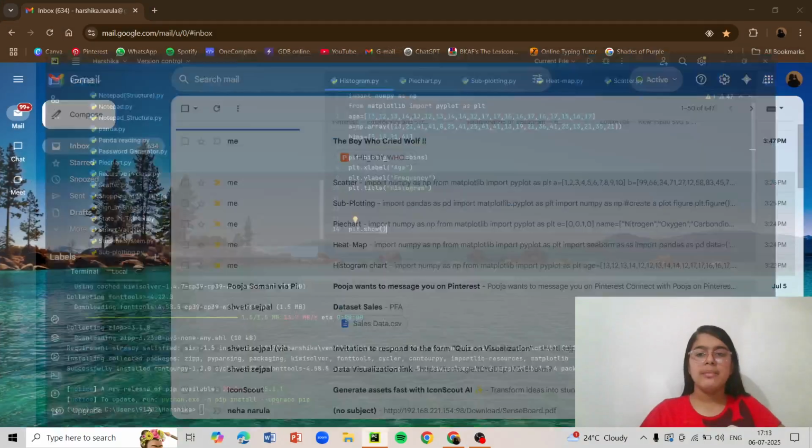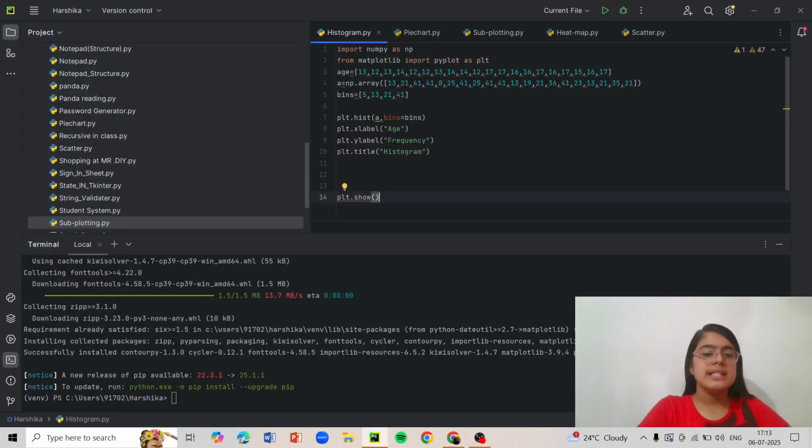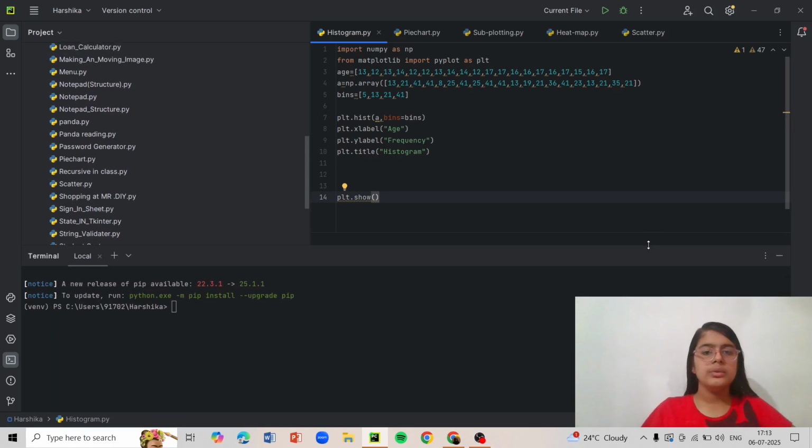Today, I'm going to show how to make simple charts. So, we all know what charts are. Charts can be of different types like pie charts and histogram charts. We can make many charts by using subplot. There are also a few, like heat map and scatter, which are quite different, but they are easy to make. Each chart can be used in a different way. First, I will show you how the histogram works and then I'll explain the code.